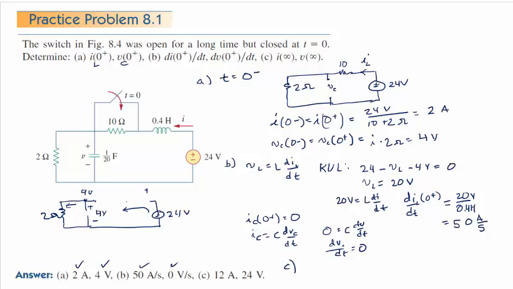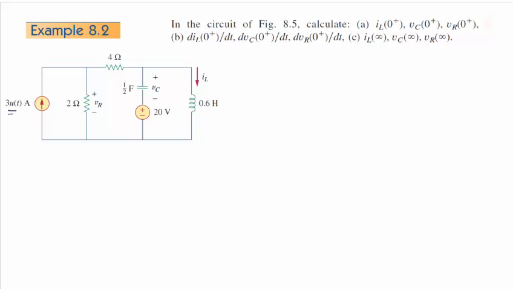At infinity, this one is open, this one's a short circuit, and this has still been shorted out by that switch closed. So it's kind of a trivial problem, but I at infinity, with the circuit now looking like that, is 24 volts divided by 2 ohms, which equals 12 amps. And I only see 2 elements here, so if this is a 24 volt source, this must be a 24 volt drop. And if there's 20 volts right here, there's 20 volts in the capacitor at time infinity also.